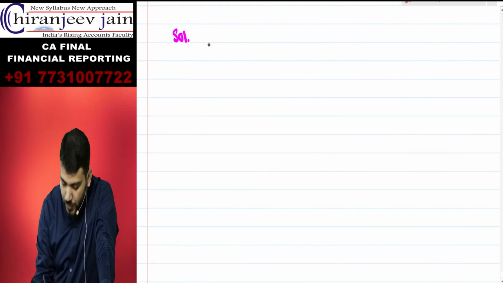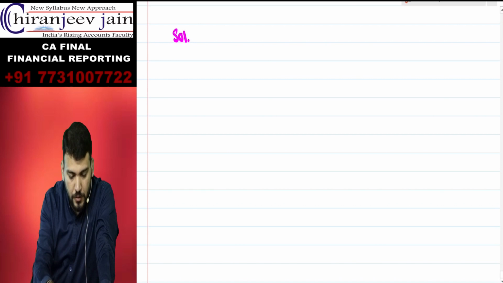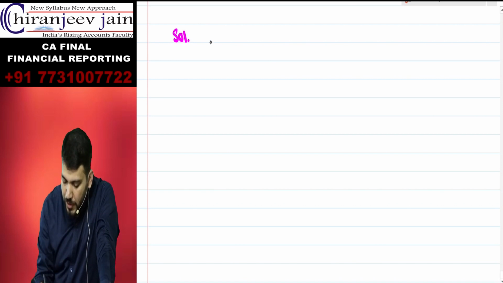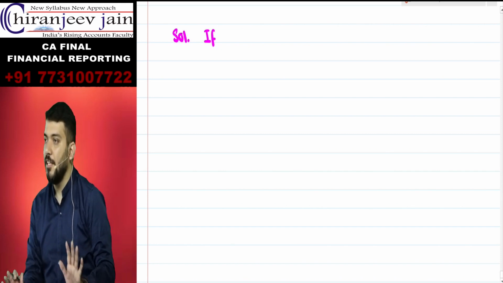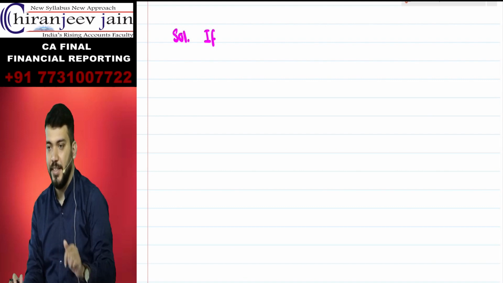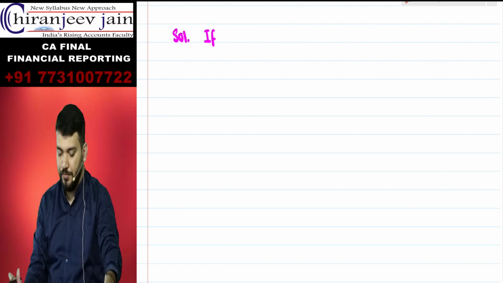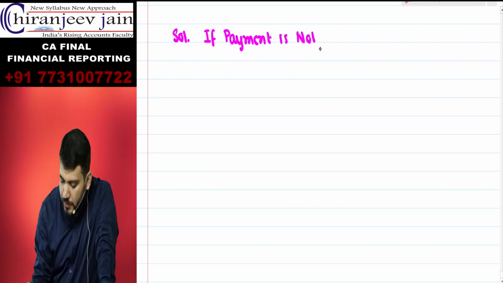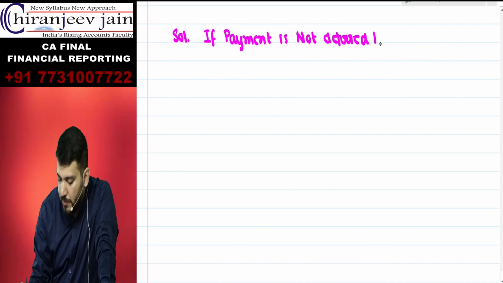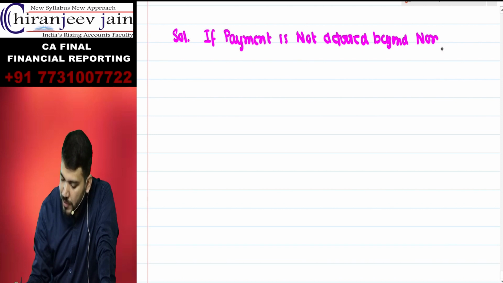Write. How to write down the solution? Best answer. If they ask for 5 marks, you can't write in one sentence. Okay? What was the best answer? Dekho. If payment is not deferred beyond normal credit period,